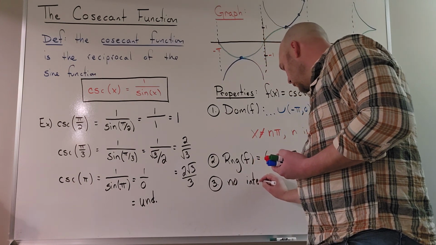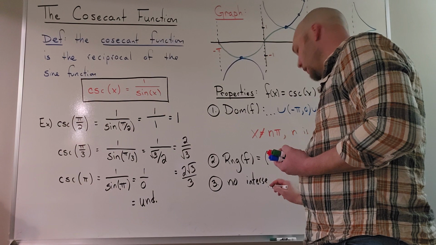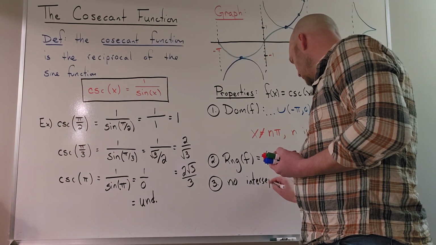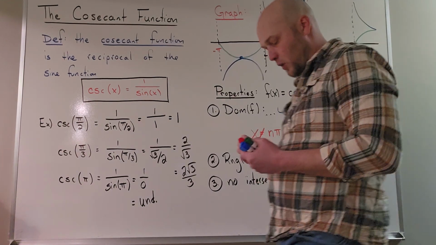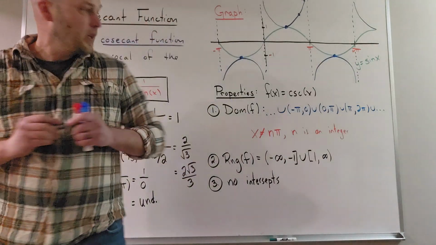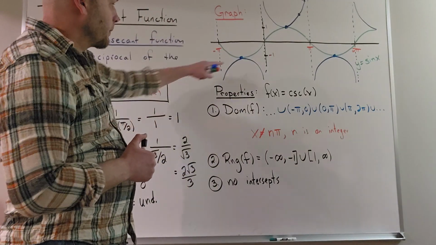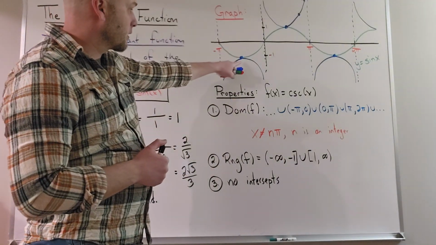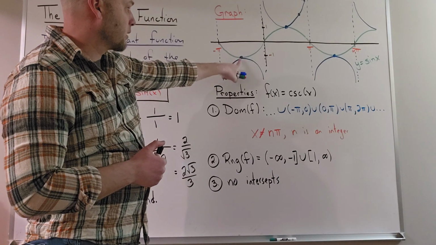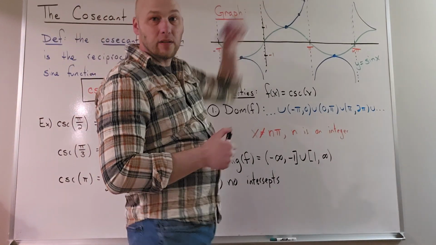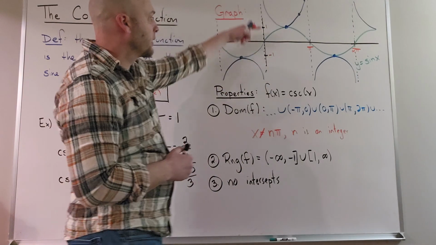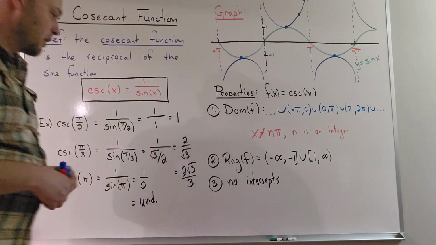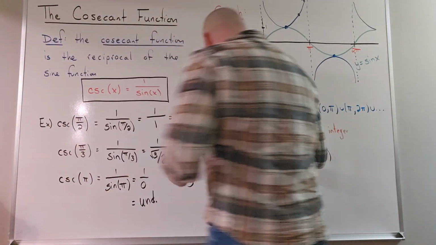The cosecant function has no intercepts. Okay, there's no x-intercept, there's no y-intercept. Because we can see there's no x-intercepts because the closest it gets from down here is minus 1. The closest it gets from up here is positive 1. There's no y-intercept because I can't plug in 0. Okay, so there's no intercepts for that. 4th,